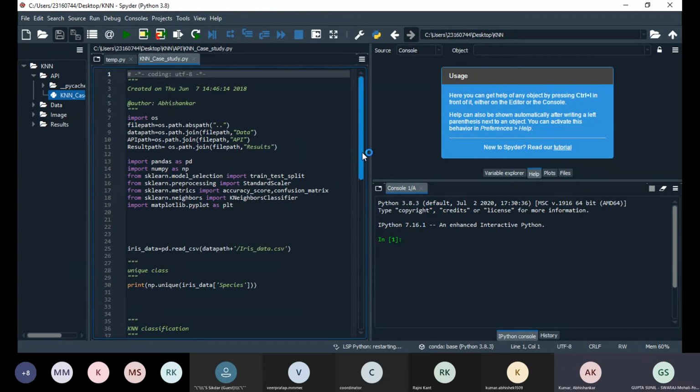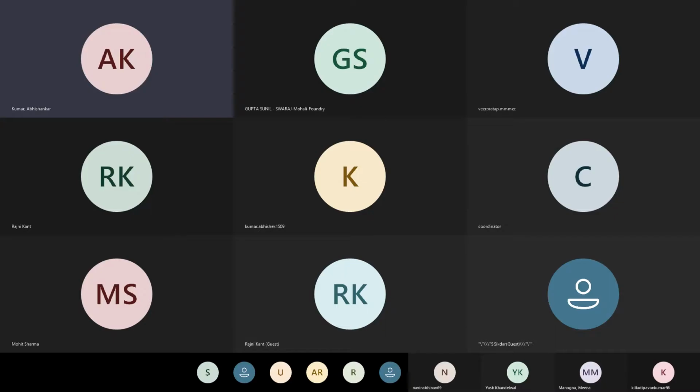Yes, now it is coming. Okay, sir, thank you, sir. So if you want to open any Python project, it is better to go through open project.